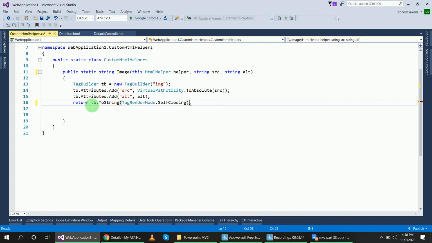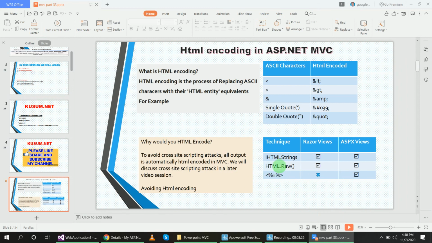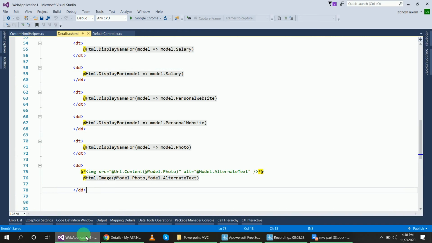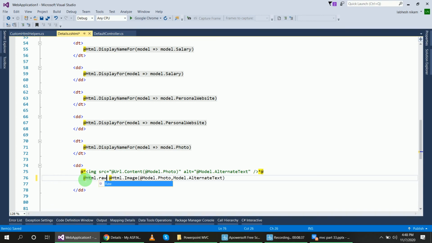Now inside the view page I will use @Html.Raw, and inside it I will pass Html.Image(Model.Photo).